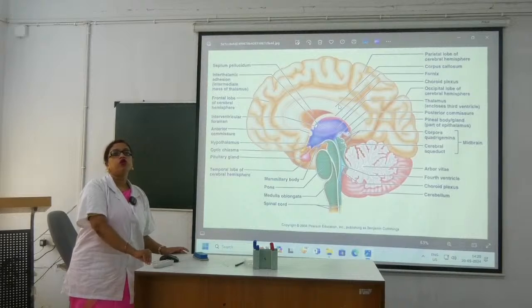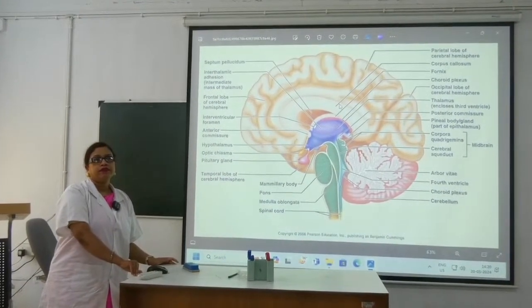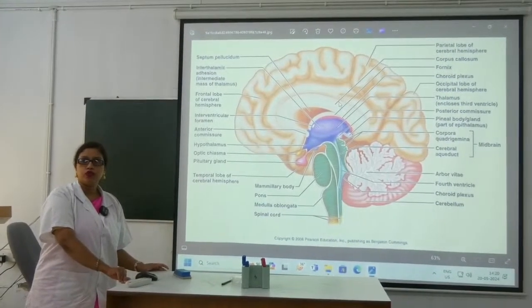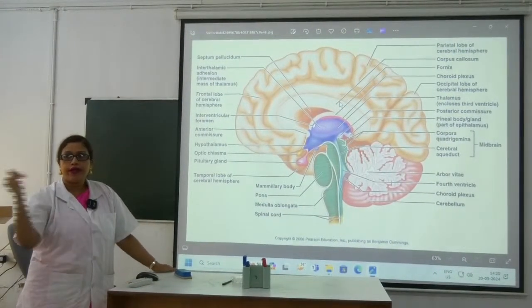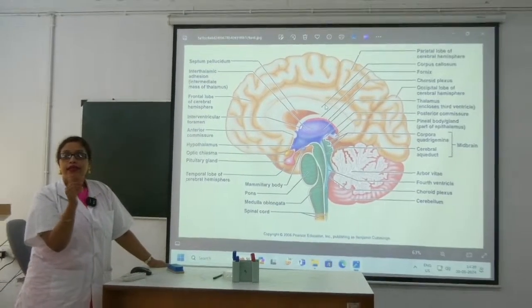Now talking about lobes. How many lobes? Lobes are 5. Which are the 5 lobes? Frontal, parietal, then